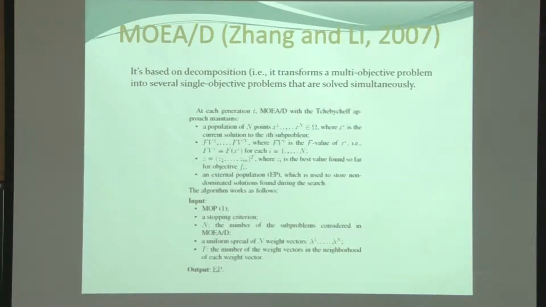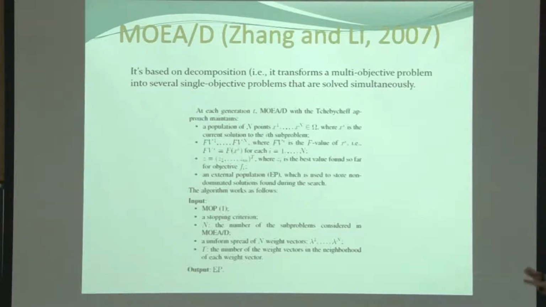MOEA/D. MOEA/D is based on decomposition. As I said before, this is the basic algorithm. So we have a population, and we have these objective function values. It uses an external archive. This I didn't mention, but it uses an external archive. And then what the algorithm does is it produces n weight vectors, and these vectors define the search directions we are going to use. And he runs his single objective optimizers in each of these directions of the weight vectors,